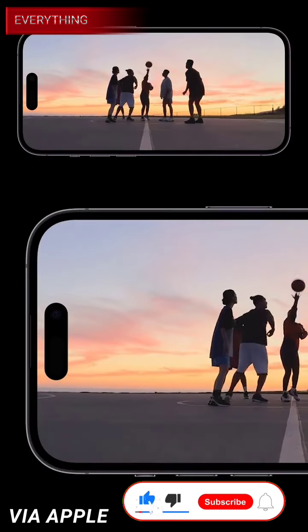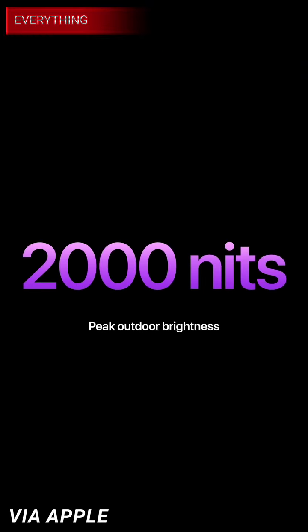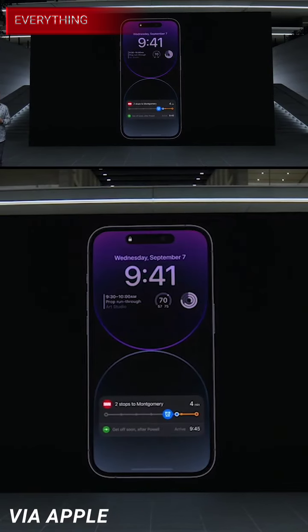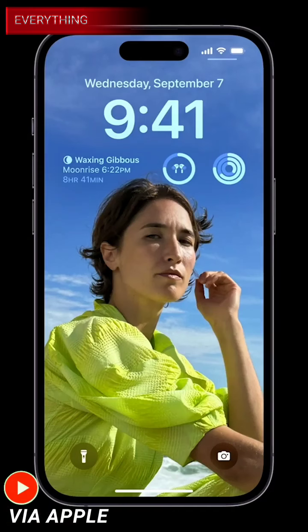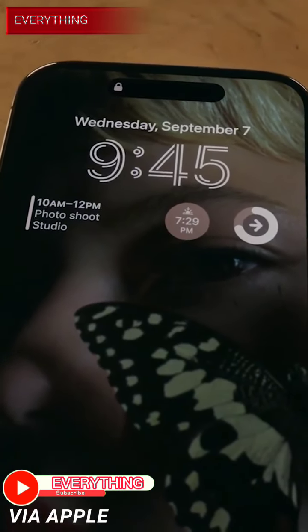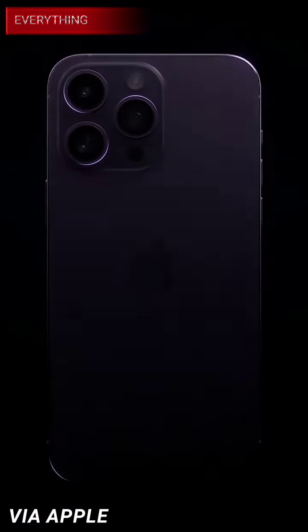But beyond just the new look of it, the display is also significantly brighter, with a peak brightness of 2000 nits. And the Pro models also get a feature that we've seen Android phones have for years now in the always-on display, where when you lock the iPhone screen, instead of going just completely black, it can now go super dim, allowing you to check things like the time and notifications without having to physically turn the screen on every time. Moving on though, we've got to talk about the cameras, with the iPhone 14 Pro's main camera being